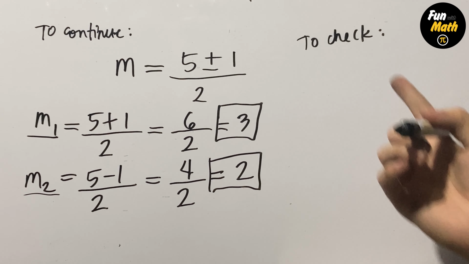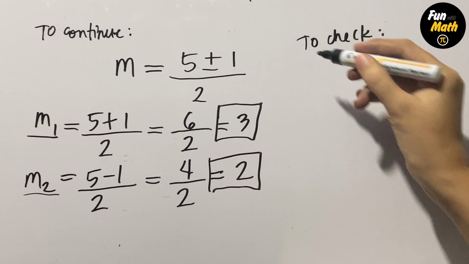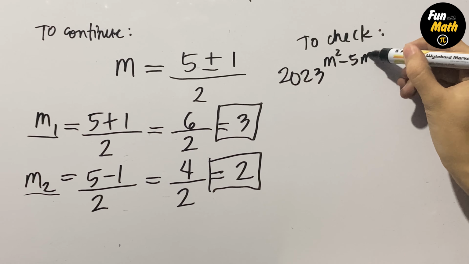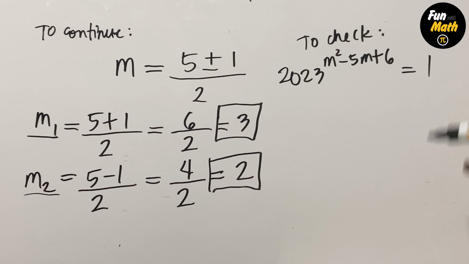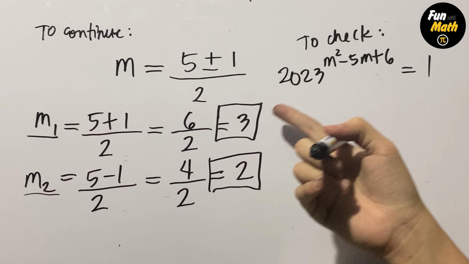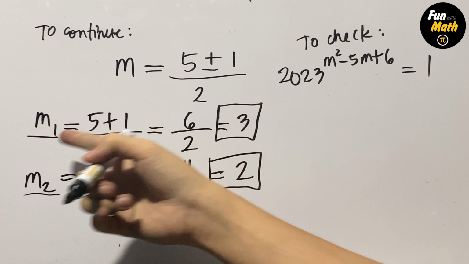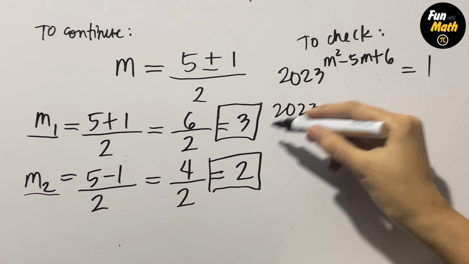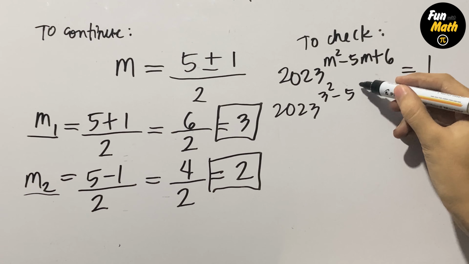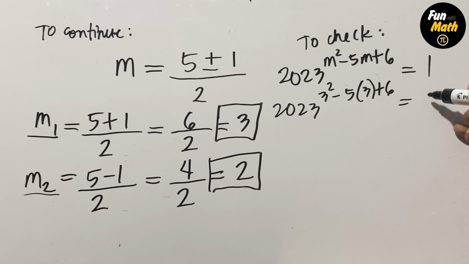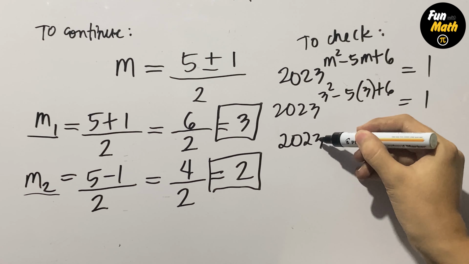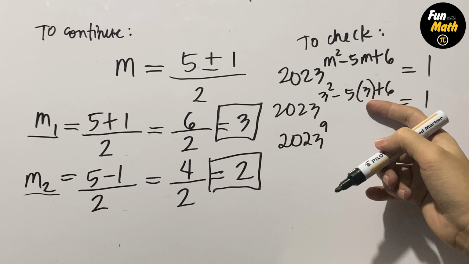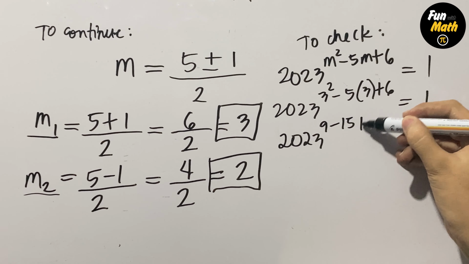Now to check, let's go back to the original equation. That is 2023 to the power of m squared minus 5m plus 6 equals 1. And let's substitute the value of m. So the first is m1, which is 3. So that is 2023 to the power of 3 squared minus 5 times 3 plus 6 equals 1. 2023 to the power of 3 squared, that is 9, minus 5 times 3, that is 15, plus 6